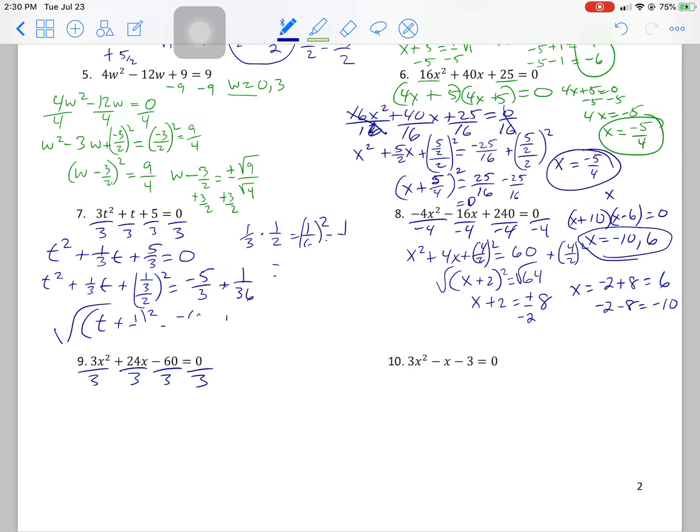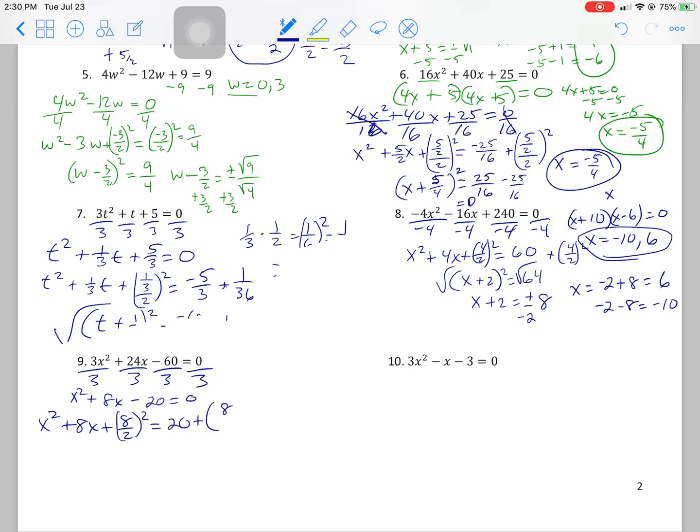I'm showing my work by putting it under the 3, even though anything divided into a 0 is a 0. So it's important, though. x squared plus 8x minus 20 equals 0. So x squared plus 8x plus 8 over 2 squared equals, move the 20 over, makes it positive,